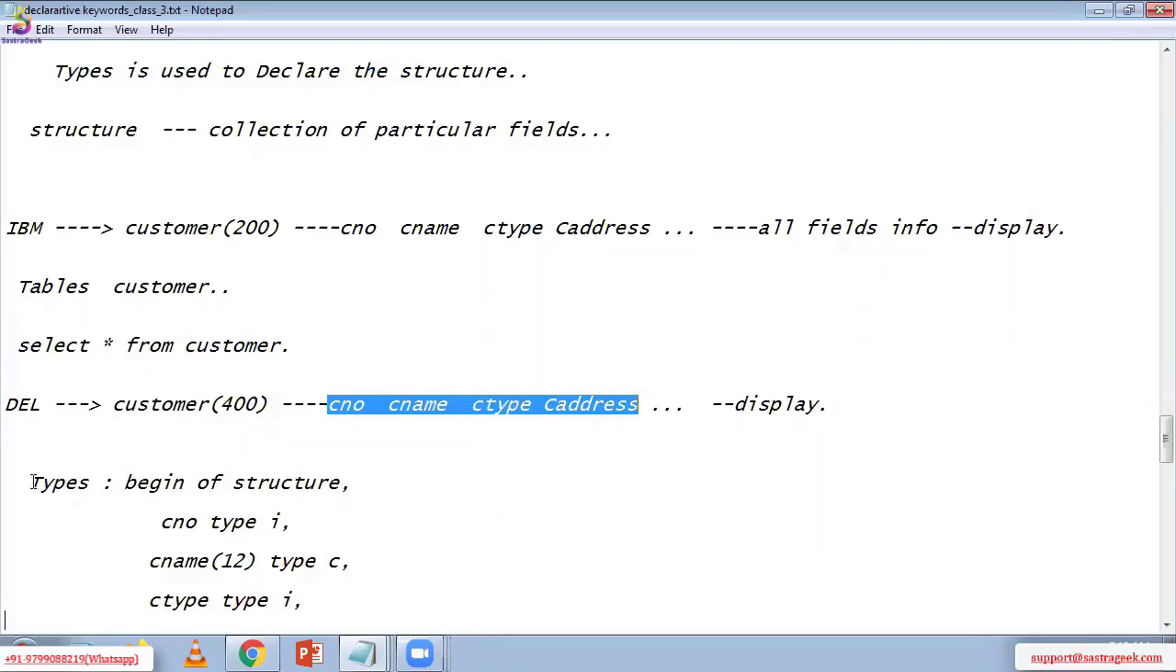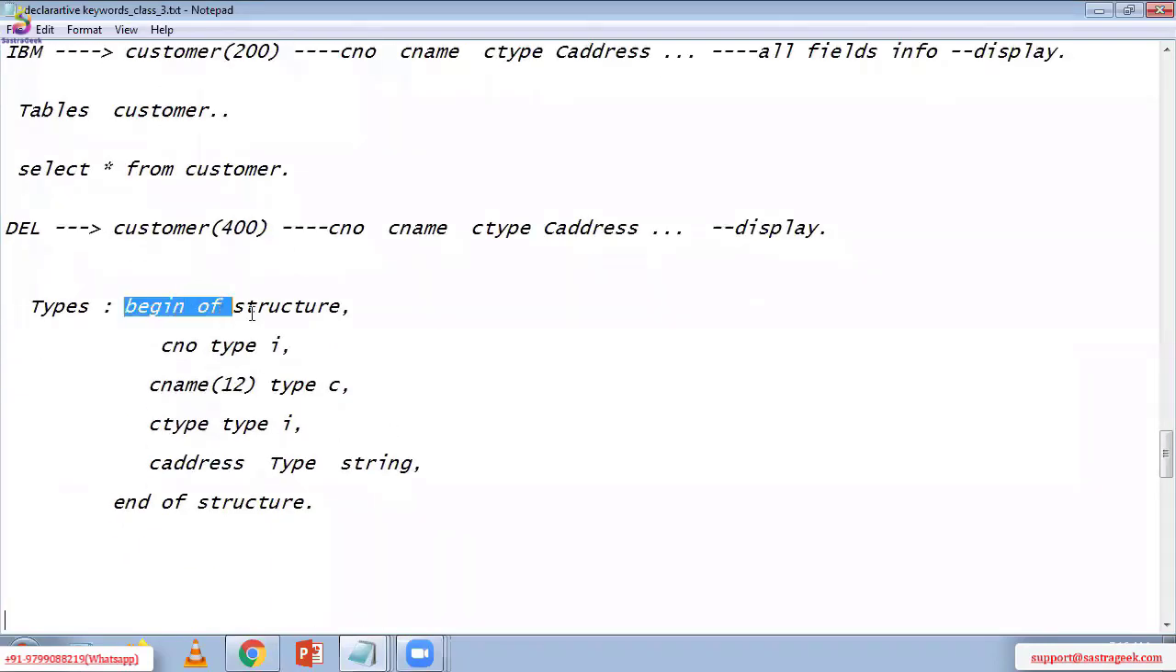So see here, TYPES: BEGIN OF structure name. And once we begin the structure, we need to end the structure. In between BEGIN OF structure and END OF structure,